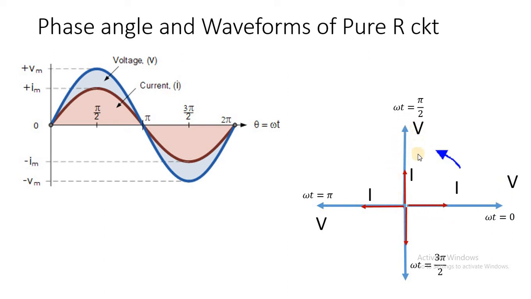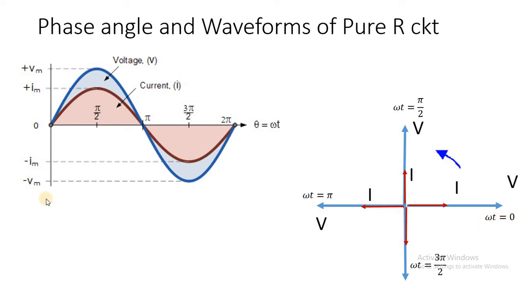Similarly, they are in phase at omega t equal to pi by 2, where pi by 2 is the instant at which the positive half cycle is going to attain its positive peak value. Then the next instant, omega t equal to pi. At omega t equal to pi, the positive half cycle ends and the negative half cycle starts. At that instant also they are in phase with each other. And the next instant, omega t equal to 3 pi by 2. At omega t equal to 3 pi by 2, the negative half cycle is going to attain its negative peak. At this instant also both the phasors are in phase. And then the last is omega t equal to 360 degree, which is nothing but omega t equal to 0 degree.